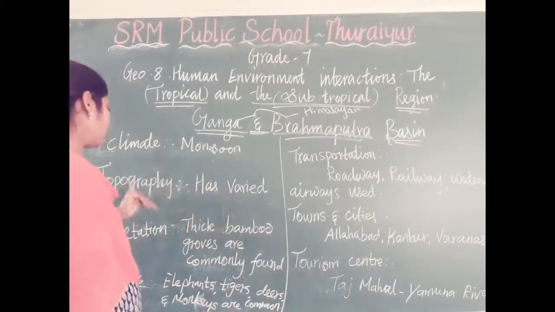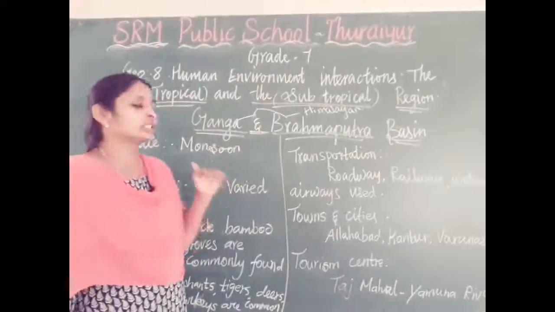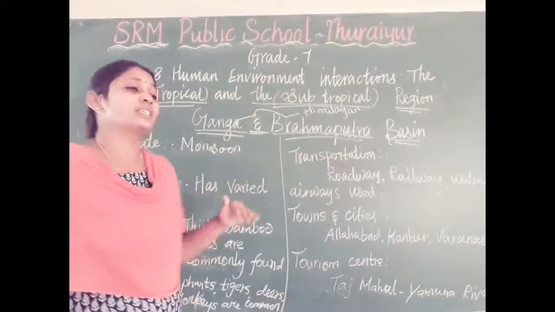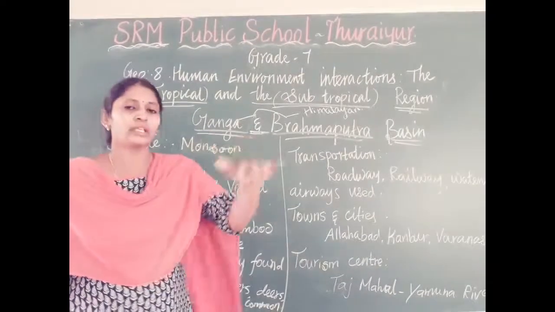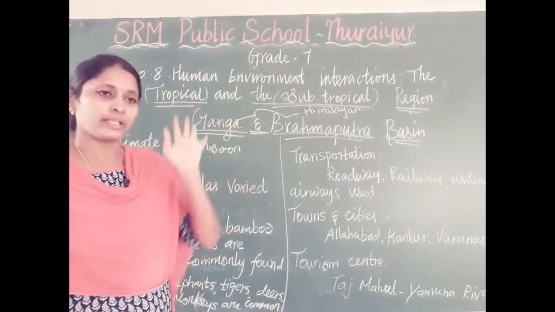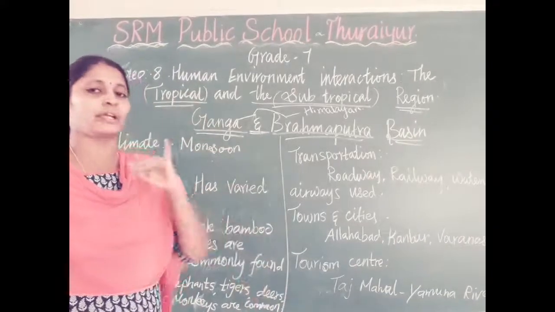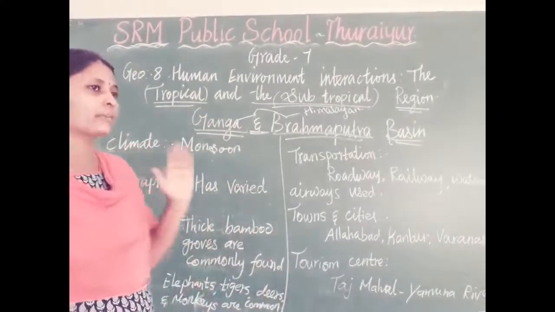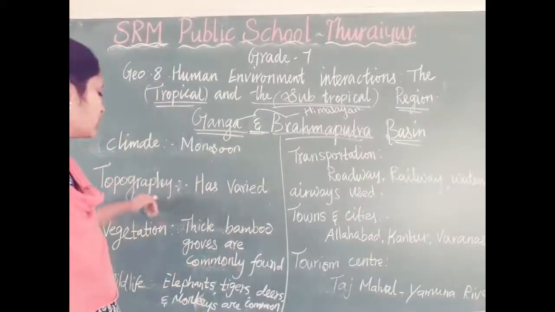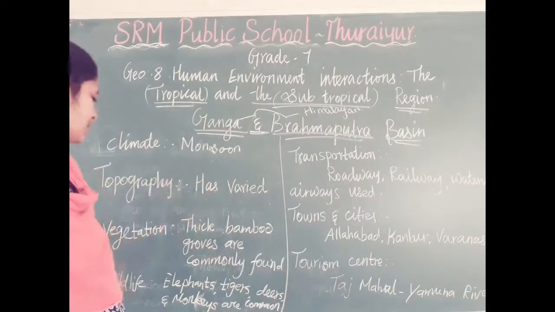Okay, topography means the structure of the land. So where the river is formed and where it flows differs a lot. The river does not flow only in plain areas: some places in hill stations, some places in very low areas, and some places it flows in plains. So the topography will differ in each and every place where this river flows.